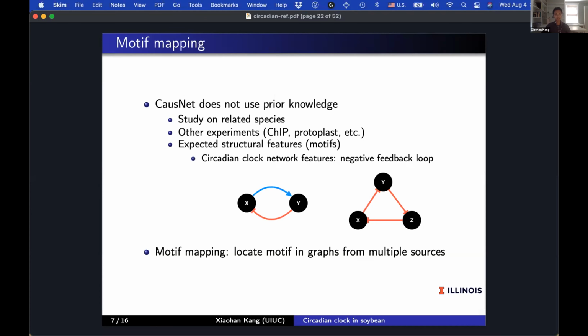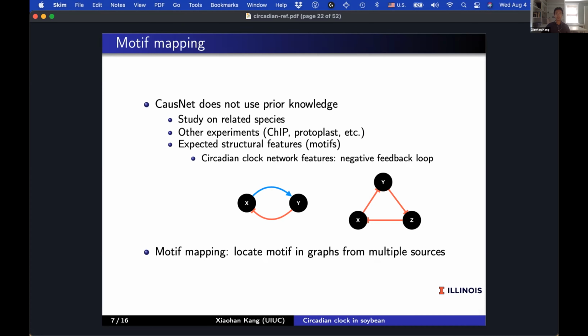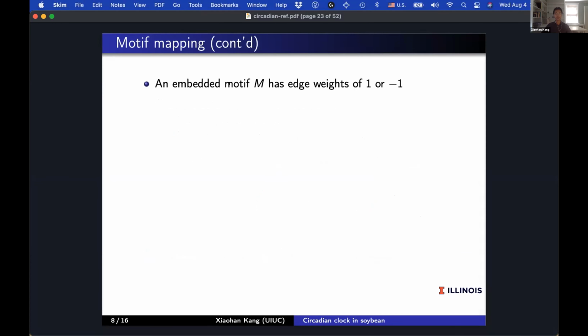So to take this into account, we propose motif mapping, which is to locate these motifs from the graphs taken from the prior knowledge. To be more specific, when we take a particular motif M, which could be this 2-gene network, then the 2 edges are assigned a weight of +1, -1 because of the activation and repression. So this motif is a graph with weight 1 or -1 on a few of the edges,